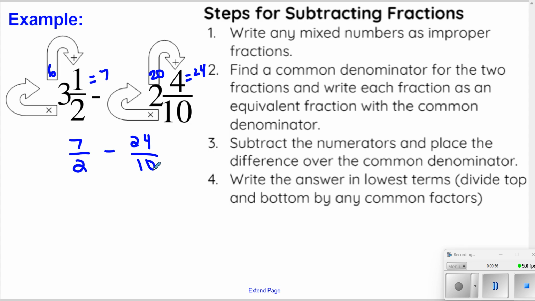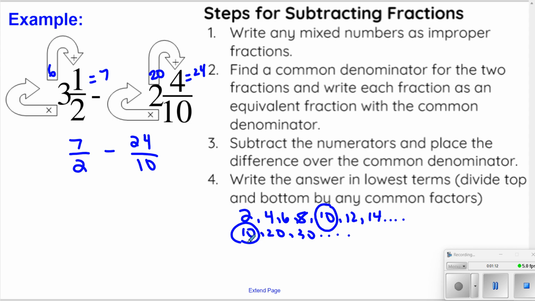So that's step number 2, finding the common denominator. So starting at 2, let's just list out a couple of the multiples. I'm just skip counting by 2. And then we'll start at 10 and start listing out some of those multiples. And I'm looking for the lowest one they have in common, which I can see is 10. So you can now see, hopefully, why I didn't reduce that fraction, because it's just going to stay out of